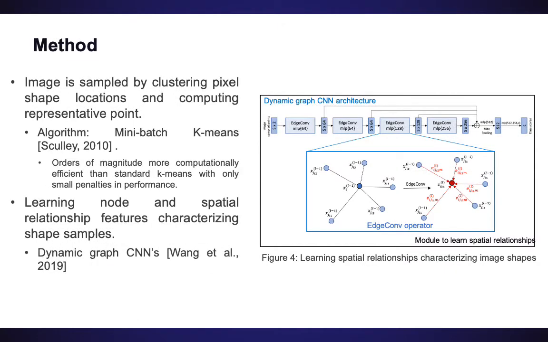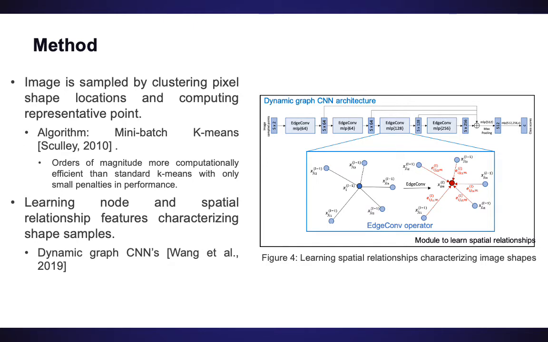The method by which we sample pattern images is mini-batch k-means by Sculley 2010. Here, a sample image point corresponds to a cluster centroid. Such an algorithm is orders of magnitude more computationally efficient than standard k-means, and the optimization is carried out by